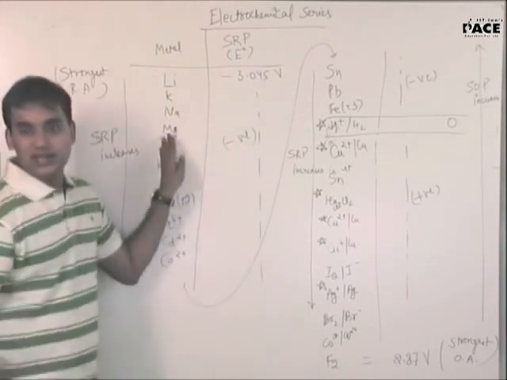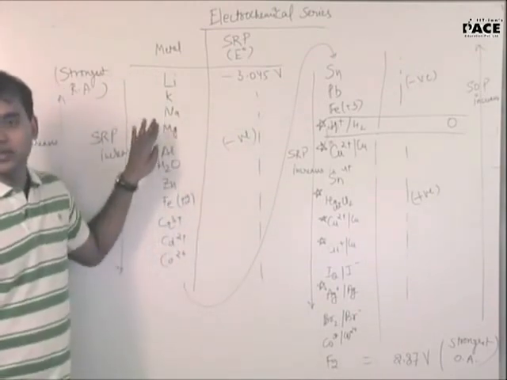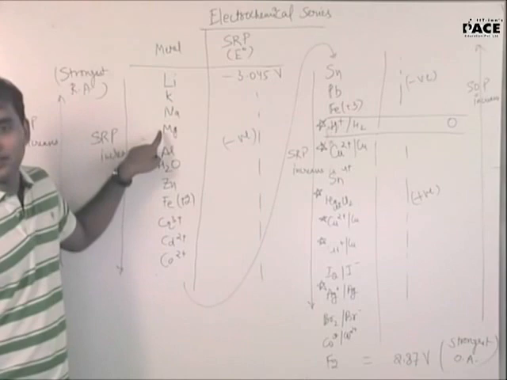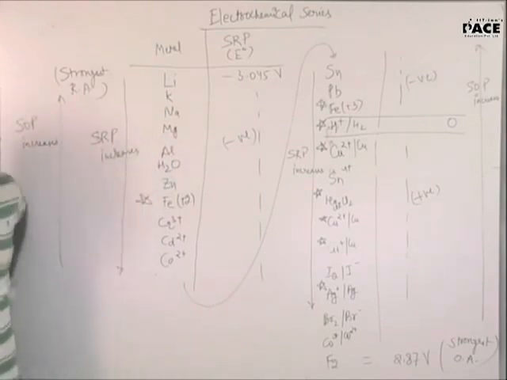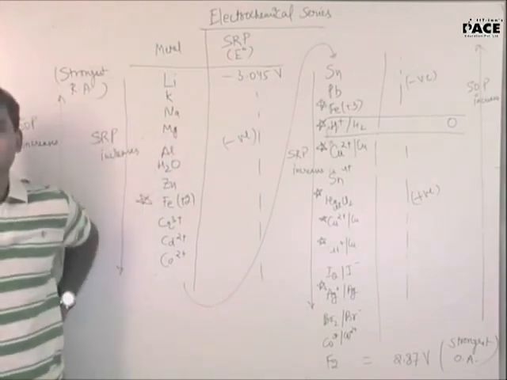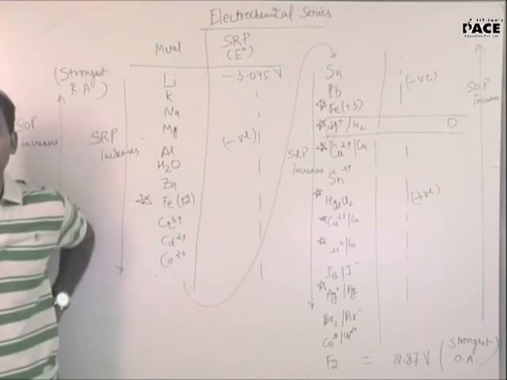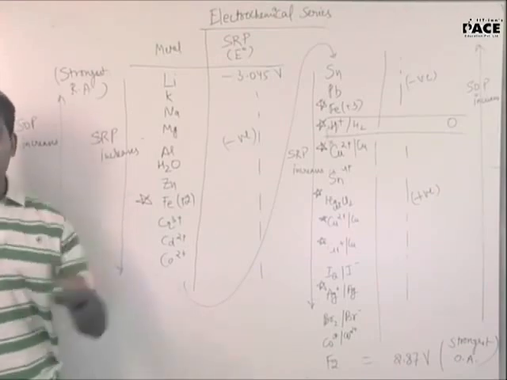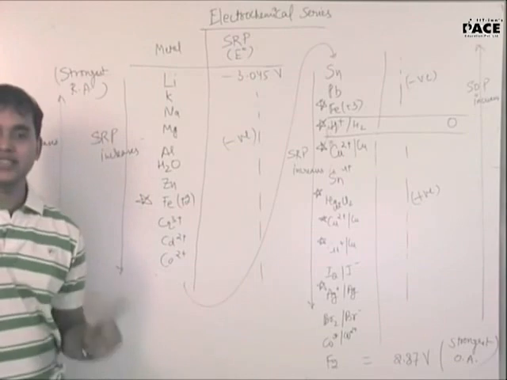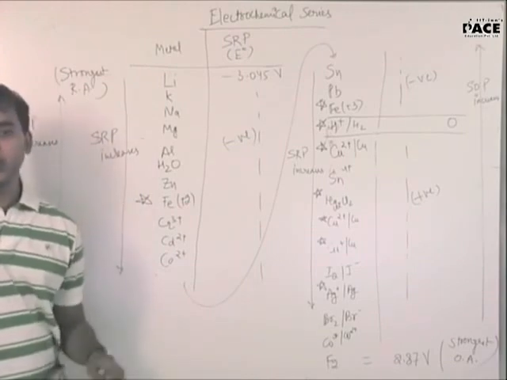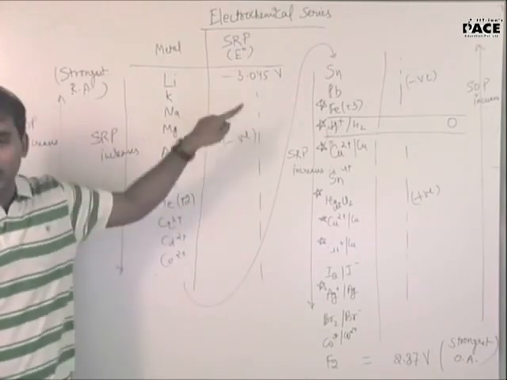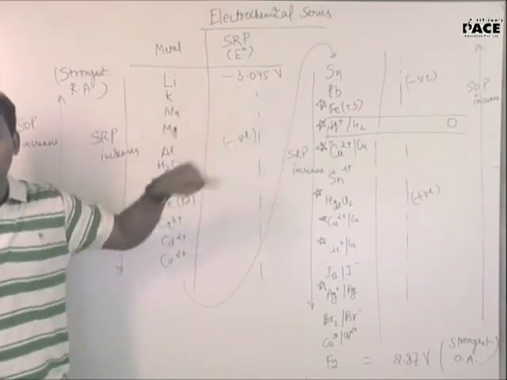All the alkali metals are going to be less than hydrogen. See, all these are alkali metals, alkaline earth metals. Just have a fair amount of idea about the positioning above hydrogen or below hydrogen. Clear? And remember, it depends whether you take SRP or SOP. If you are taking SRP, then these things are below hydrogen. If you are taking SOP, then these things are above hydrogen.